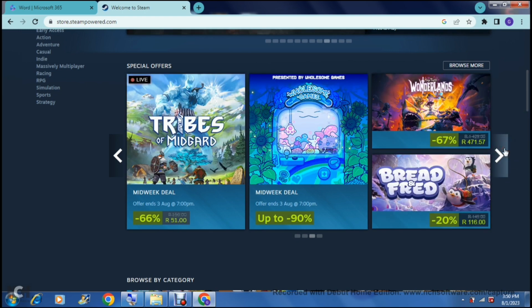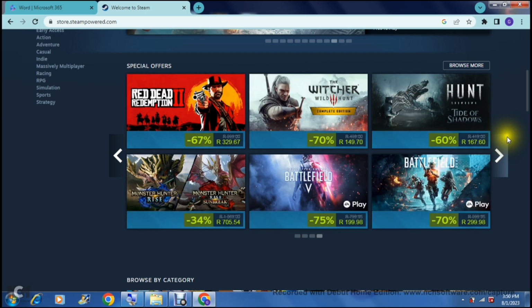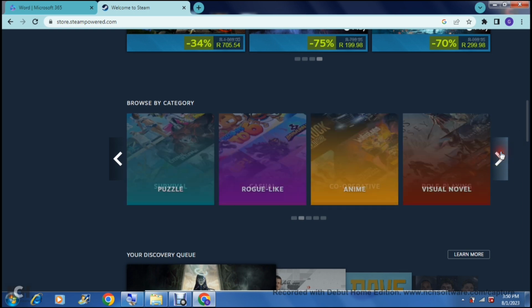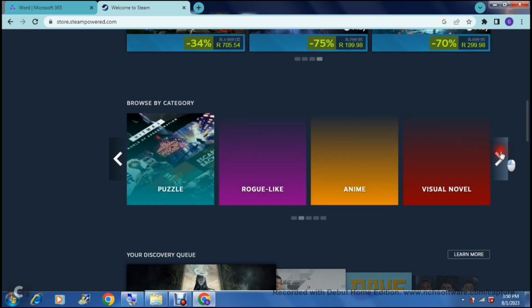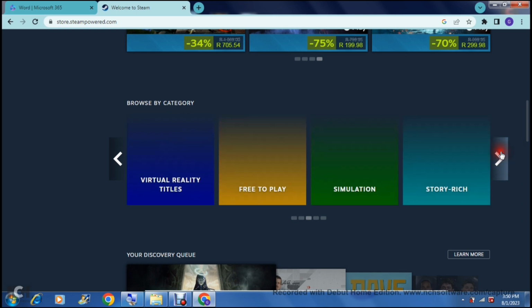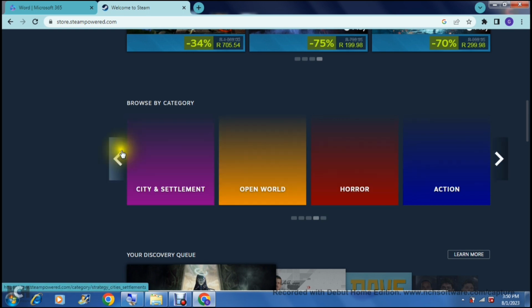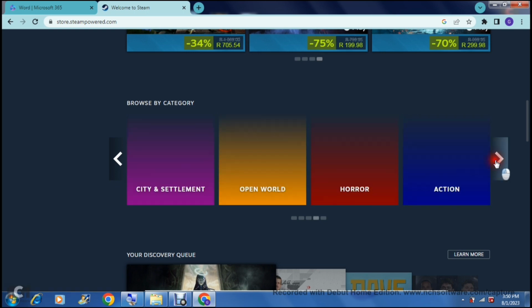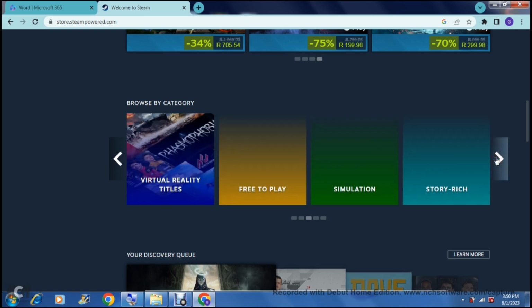These are very cool because they are cost effective. You can also go down and just browse strictly by category. So there are puzzle games, anime games, story rich, simulation. There is also a free to play, which is this yellow tab over here. So these games are actually free to play, and then you can have a look through the rest of these